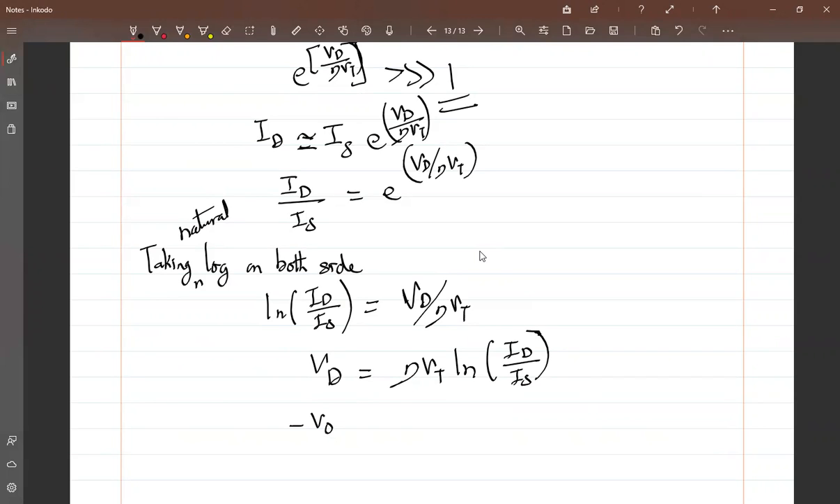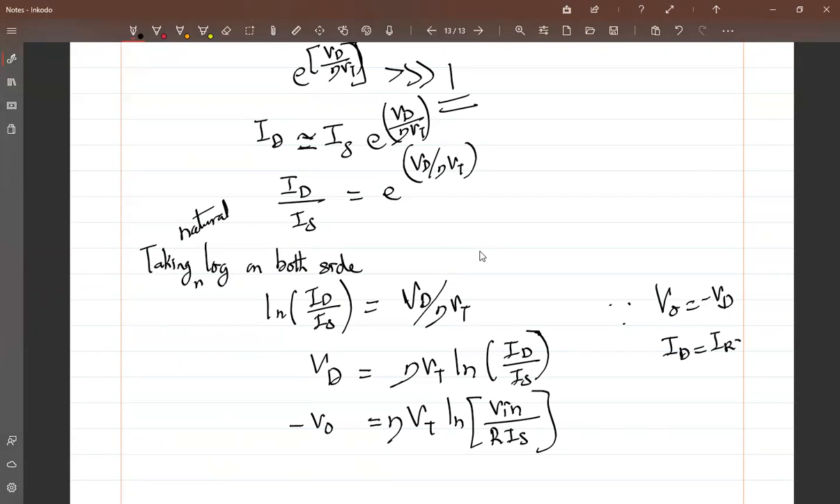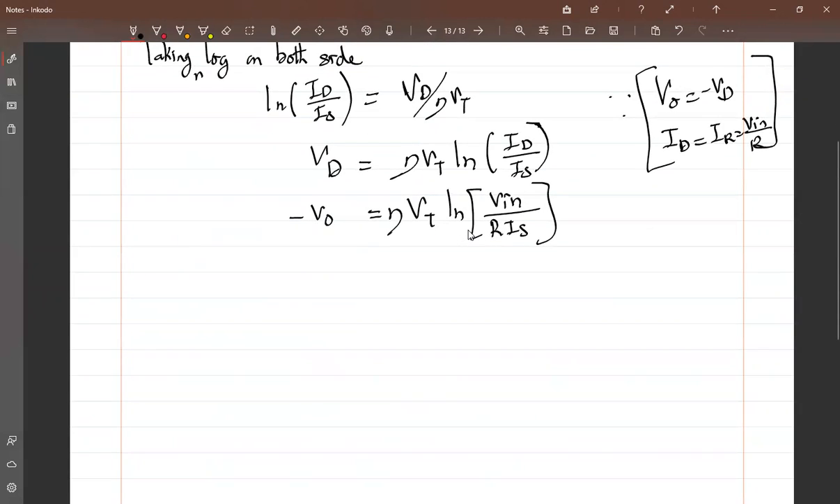Okay, minus V0 is equal to eta into Vt ln of Id, which can be represented as V in by R into Is, since VR is equal to minus Vd and Id is equal to IR, which is V in by R from the fundamental KCL and KVL equations. So if you simplify this, the output voltage equation for this circuit